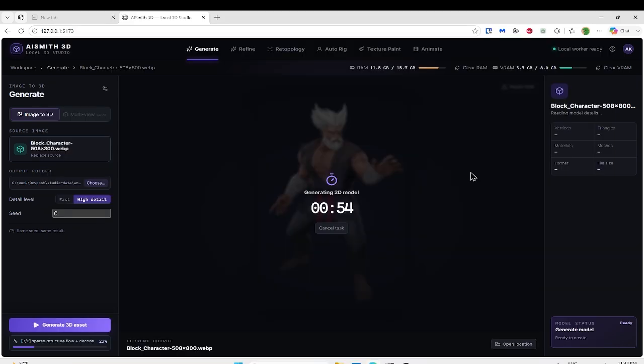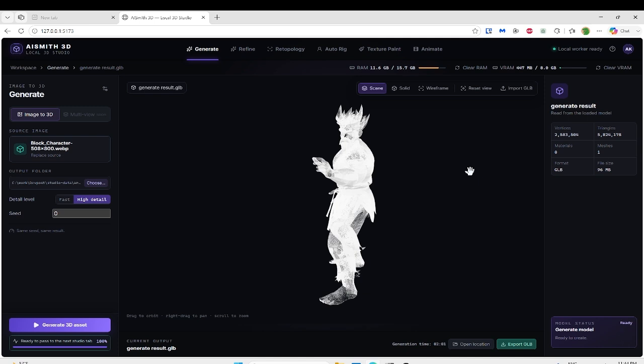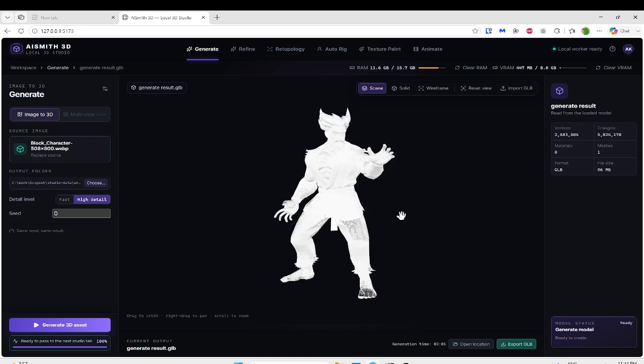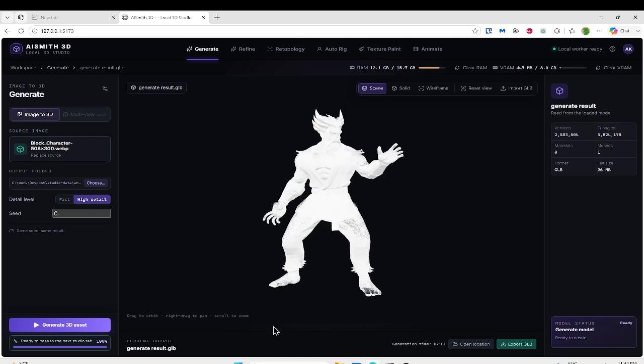So here we are in our app. We can see we are in the generate tab, and then we have refine and retopology and other tabs. In the generate tab, we just load up an image, and this will only generate the 3D mesh, not the textures. You can see the mesh generation has completed in about only 2 minutes, but this is just the 3D